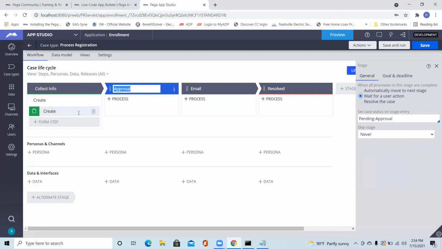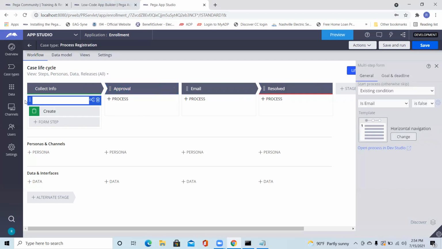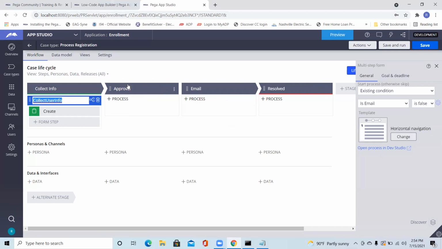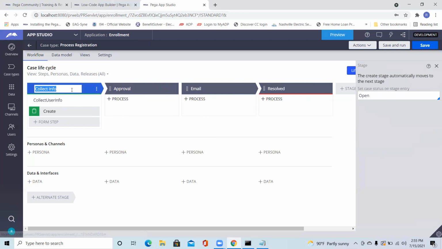We can define that. For example, this will be collect. I'm defining the process name here. Okay. And in this, we will go one by one. Voice is slow. Hello, am I audible? Yeah. So we will go one by one through the stages. So for now, you created the stage, you provided the different statuses, right?